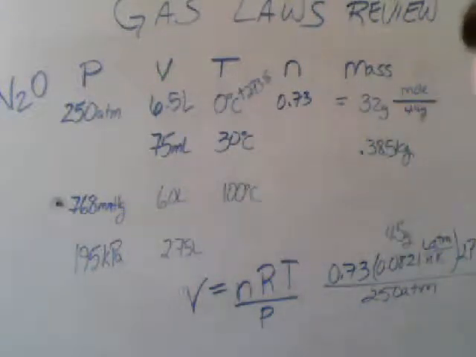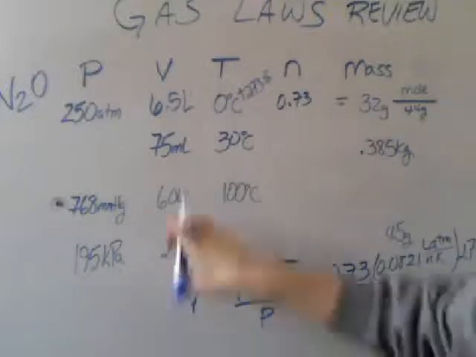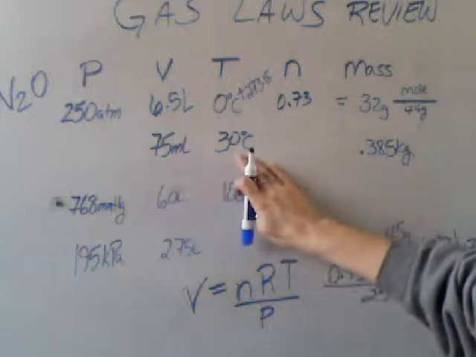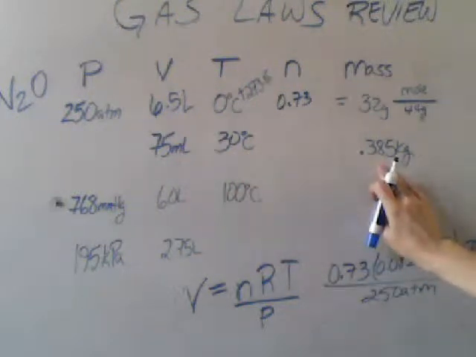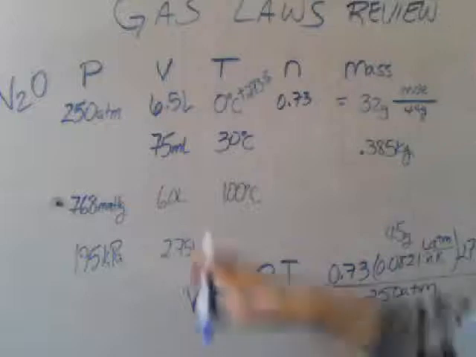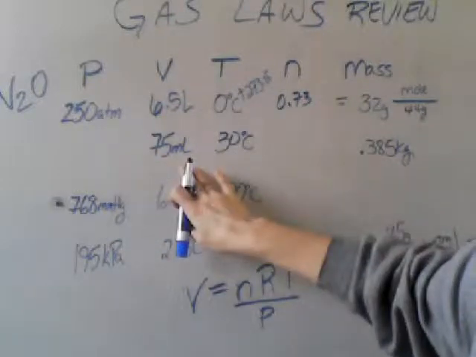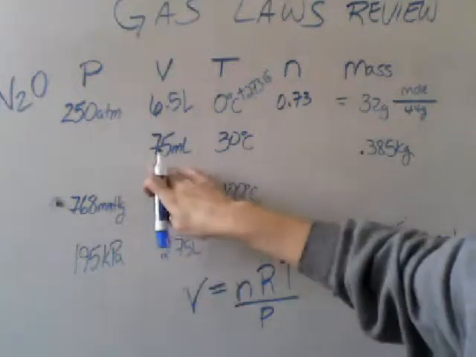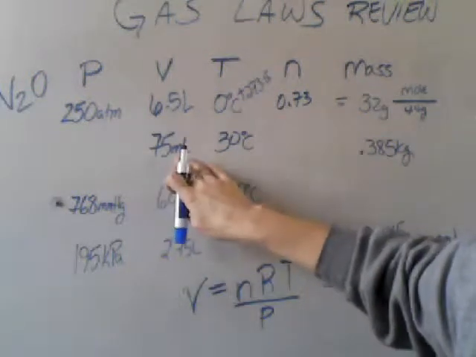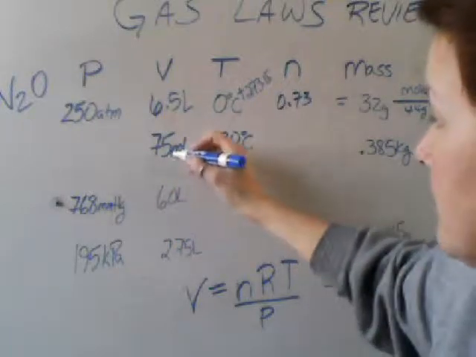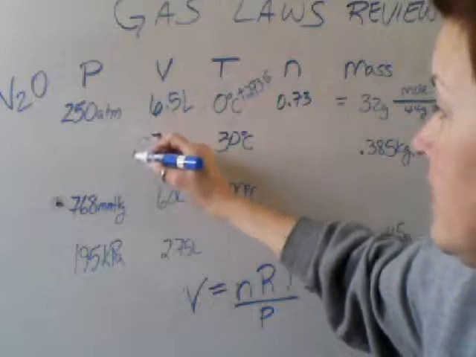Now the next line says that we change our conditions. We're given that we have a much smaller volume at a much higher temperature, and we also have a different mass. So we have to work with our equation again to solve for that. We want to check our units. We want to convert milliliters to liters, and so we know that there's 1,000 milliliters in a liter, so we want to convert this way, 1, 2, 3, so we have